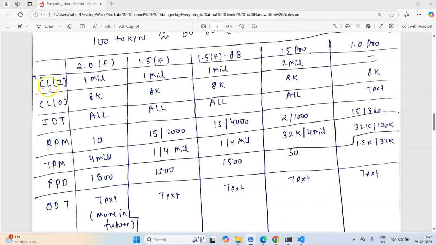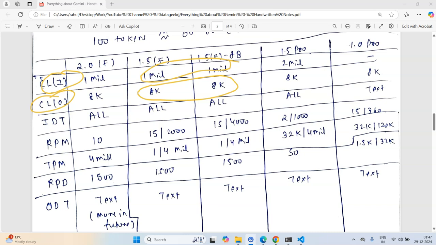So what is the context length? I means input, O means output. So you can see here I'm talking about input context length and output context length. For these two models, input context length is 1 million and output context length is 8k. 8k means 8000.